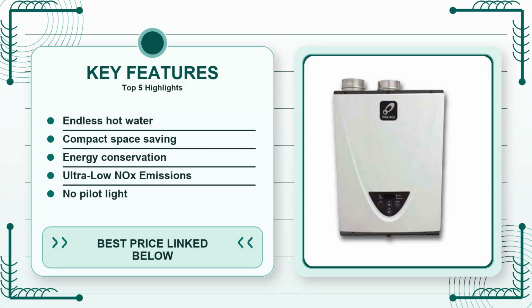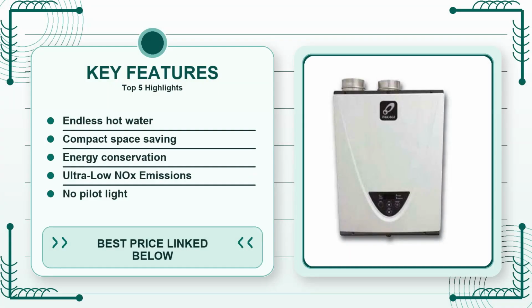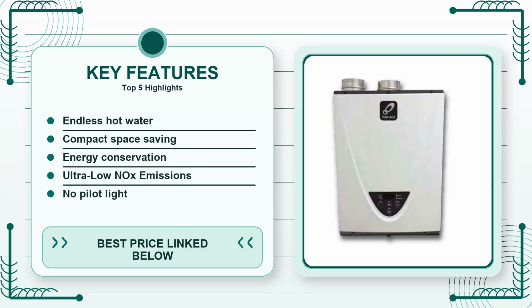Who should skip it? If you're on a tight budget or your home isn't set up for natural gas, look elsewhere. If you're in a region with extremely cold incoming water and you need maximum flow in the dead of winter, you might be happier with a larger tank or a dual tank system. And if you're the type who likes to DIY everything, this one's